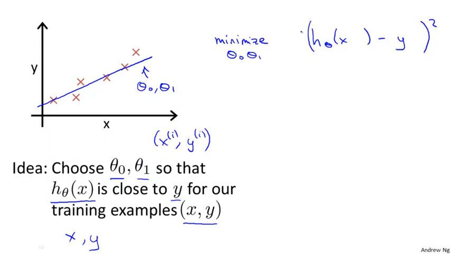So what I want really is to sum over my training set, sum from i equals 1 to m, of the squared difference between the prediction of my hypothesis when it is input the size of house number i, minus the actual price that house number i was sold for. And I want to minimize a sum over my training set, sum from i equals 1 through m, of the squared error, the squared difference between the predicted price of the house and the price that it was actually sold for. And just to remind you of your notation, m here was the size of my training set,